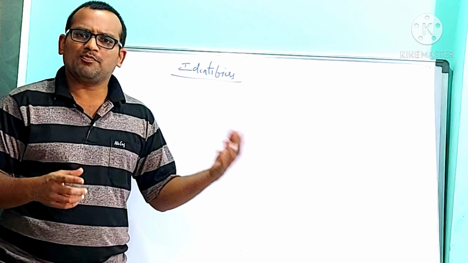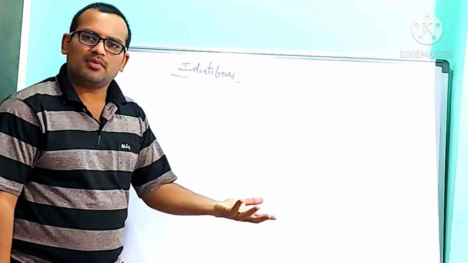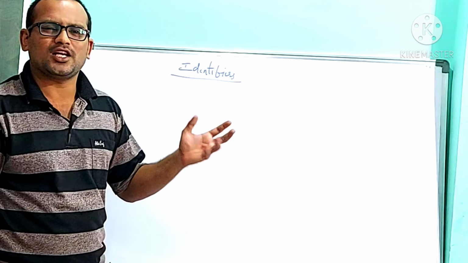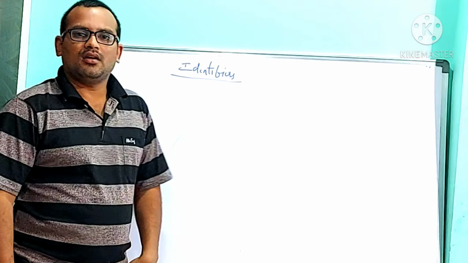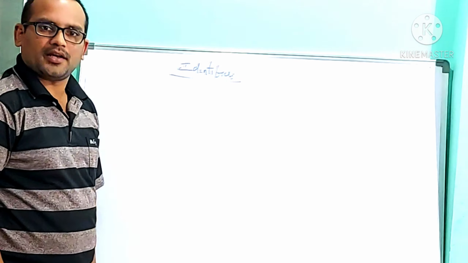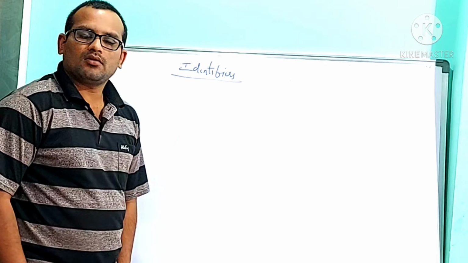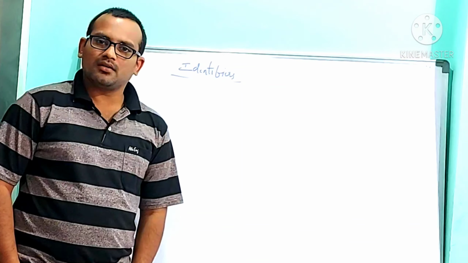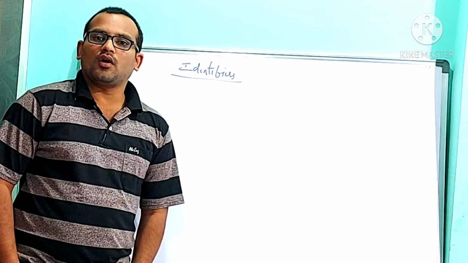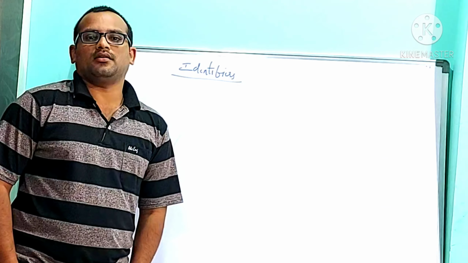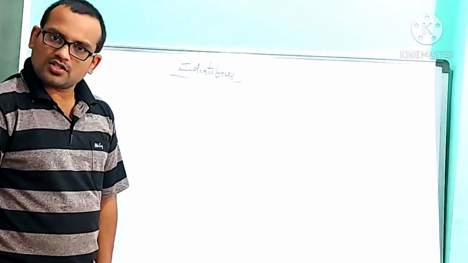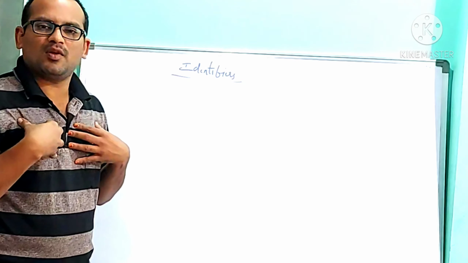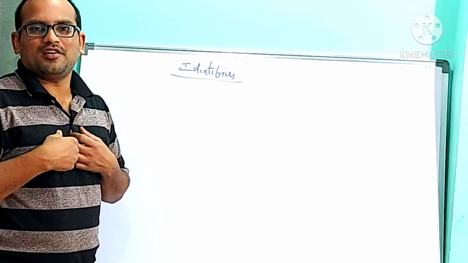So any name, it may be a variable name, it may be an array name, it may be a string name, structure name, union name, function name, something, any name given by the user is called identifier. This is the best definition of identifier. Identifiers are the names of a variable, an array, a structure, a union, a string, or something and so on given by the user. Or simply we can say any name given by the user is called the identifier.